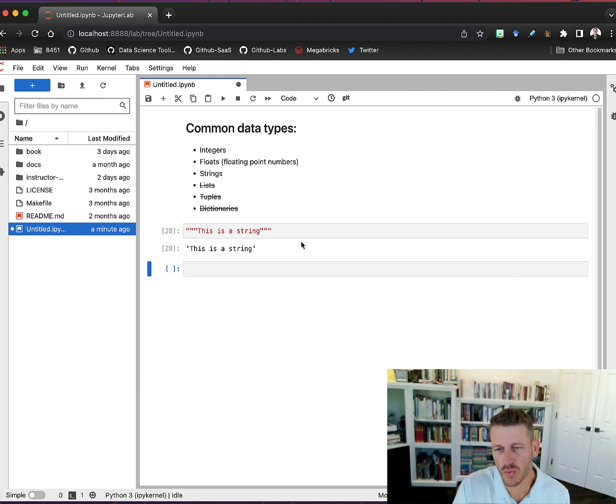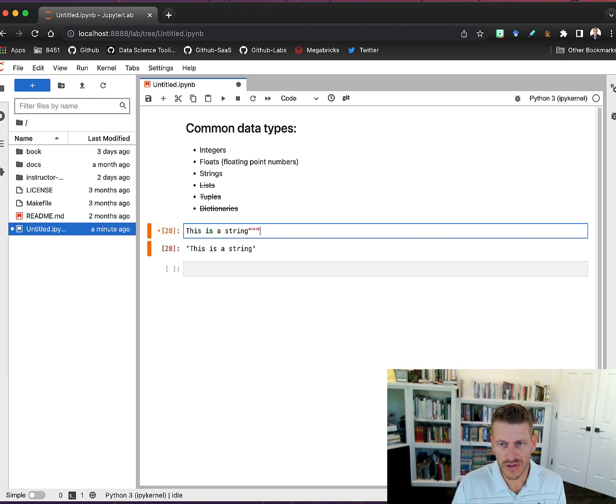Now, so what's the difference between the single, the double, and the triple? Well, for the single and the double, there really isn't much of a difference. If you start looking at what's considered more Pythonic, you'll see people use double quotes more often. And the main reason for that is because it's easier to incorporate any type of a single quote you may